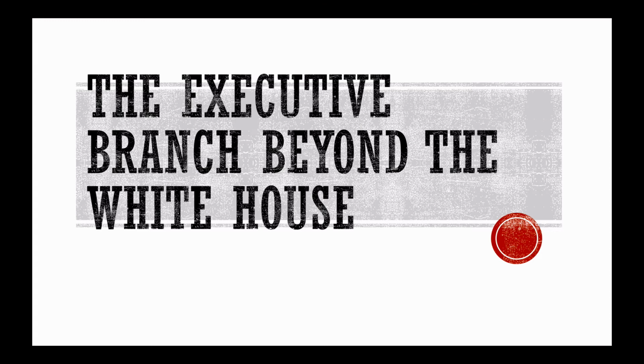But all right, so let's talk about then the executive branch beyond the White House. So this is the actual agencies that are helping to create federal policy outside of the White House. Now, in theory or in reality, these people are still part of the executive branch, but they have less everyday interaction with the president beyond the leaders and directors of each of these agencies. Now, there are 4 types of executive branch agencies, and that's really important that you understand, because understanding the differences among these types tells you a whole lot about how the executive branch organization works.